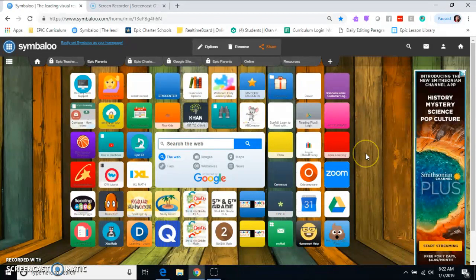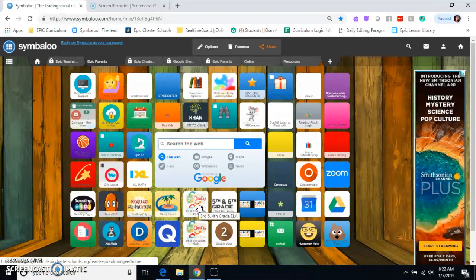So what you will do for reading and math is you will come to Symbaloo, whether it be my Symbaloo, Mrs. Clark, Mr. Edmonds, or Mrs. Edmonds Symbaloo. You will find your grade right here. This is 3rd and 4th grade. This is 5th and 6th grade ELA, and this is 7th and 8th grade ELA. For my Symbaloo, I put ELA on the top and I put math on the bottom. So here is your reading and math curriculum for the remainder of this school year.